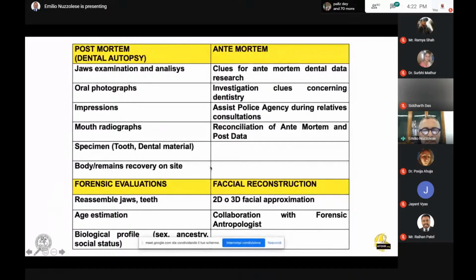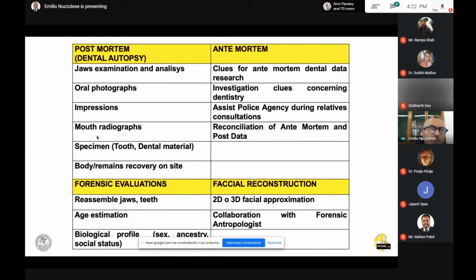Here is the list of what a dental autopsy involves. A dental autopsy is, of course, the examination of jaws and teeth. We need to take oral photographs. We may need to take impressions, which could be taken with impression materials, but we can also use the new optical impression, which we are working on at our University of Turin. Fundamentally, it is the collection of radiographs of teeth and jaws, even in those areas where no teeth are present, because